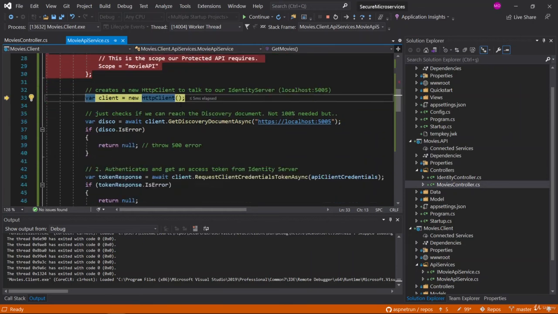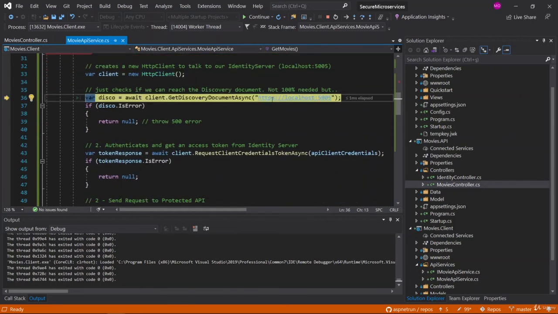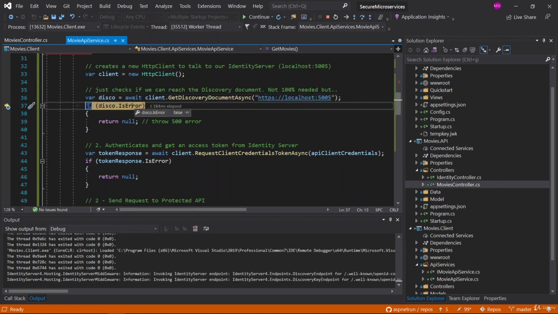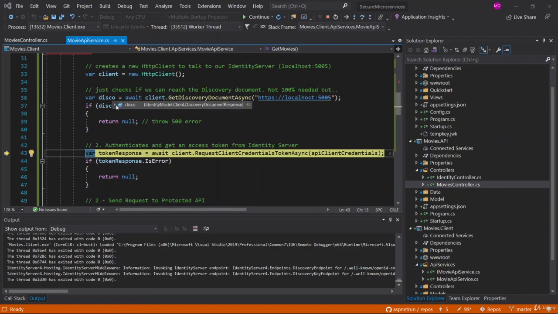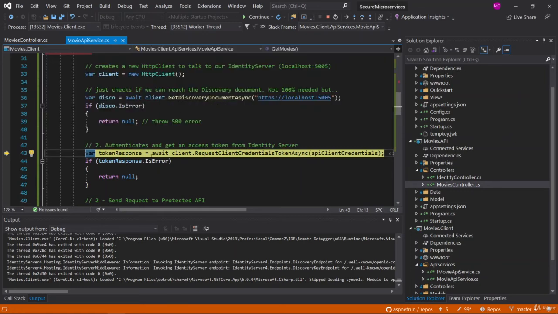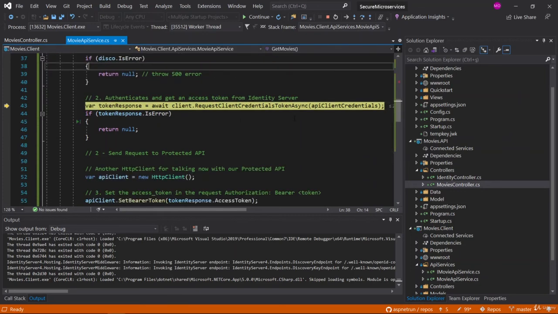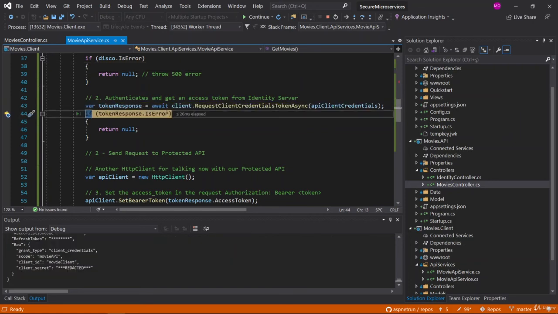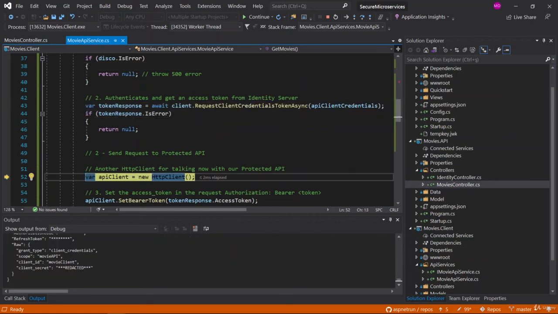After that, I'm creating a new HTTP client and requesting the discovery document from our identity server, and we have no problem. We have the discovery document. It is requested properly. You can see the details in here also, and now it's ready for calling the identity server for getting the request token, and there is no error again, and we have a token response.